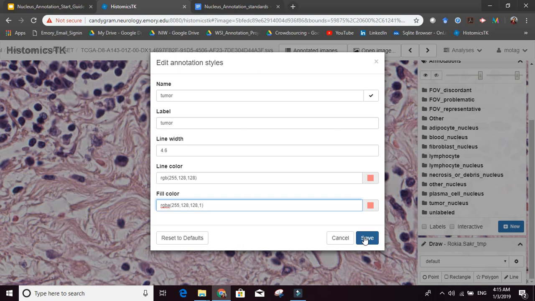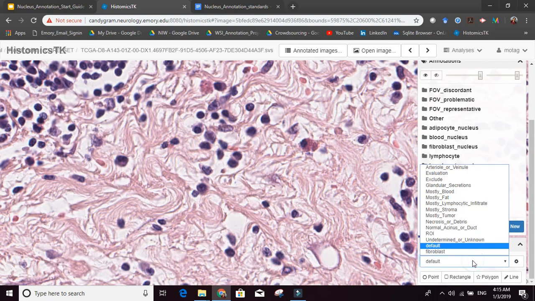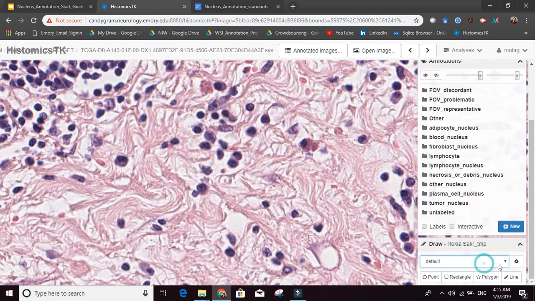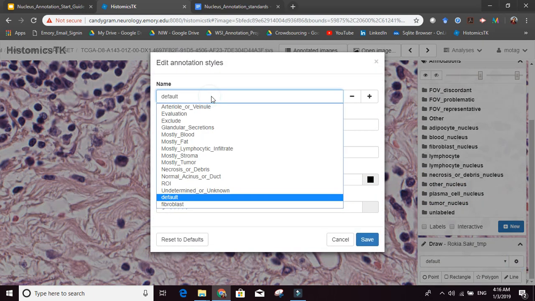So now that I have this defined, I click Save, and then I go here and I check tumor. Where is it? Did I really save it? I don't think I saved it. Very stupid of me. That's why I said you need to clear your browser cache. If you clear your browser cache, you wouldn't have all of those old styles. I have all of these old styles in my browser, and I unfortunately didn't clear my browser cache. So if you did, you wouldn't have to deal with this.